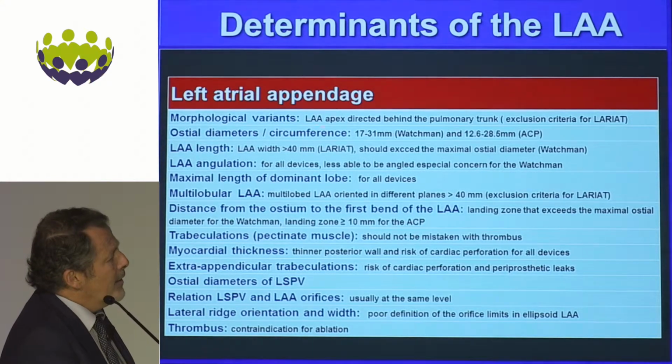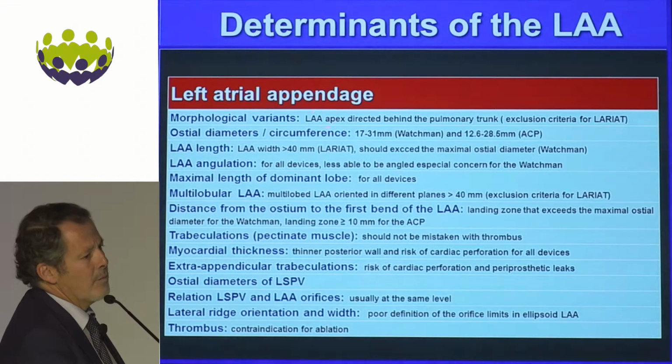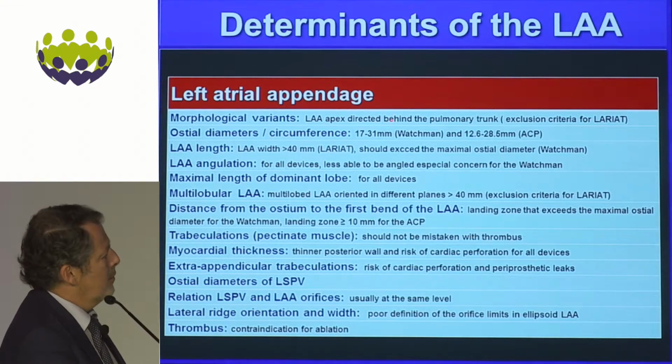Therefore, for the left atrial appendage, we should take into account different anatomic determinants. The morphological variants: it is important to consider that the left atrial appendage is directed behind the pulmonary trunk for the Lariat. The ostial diameter and the circumference are important. Consider this range for the Watchman and for the Amplatzer. The length of the left atrial appendage, the width,